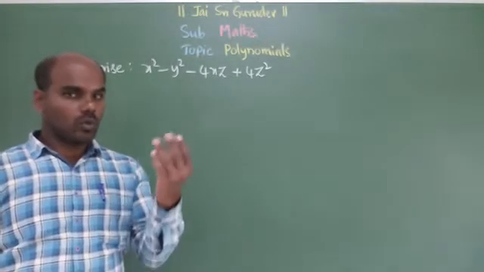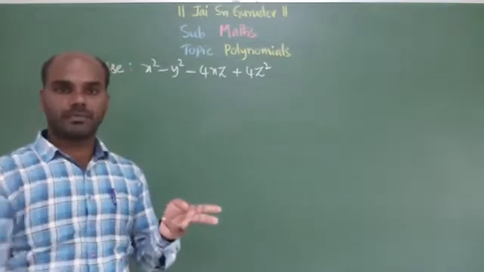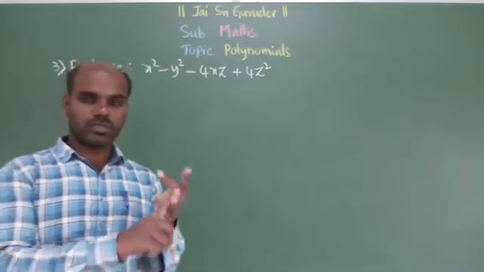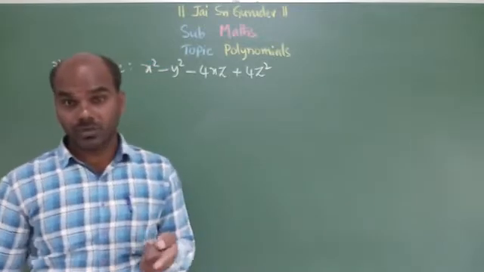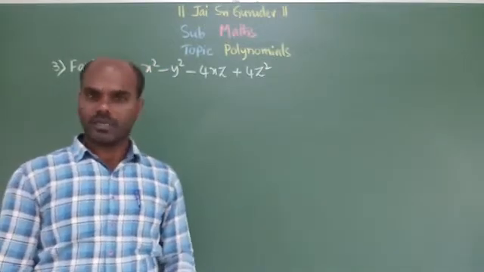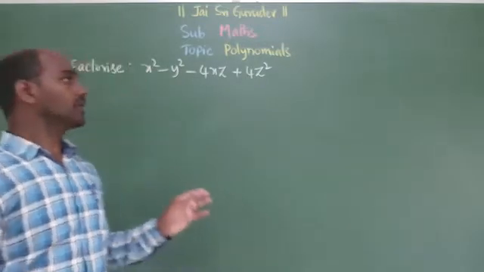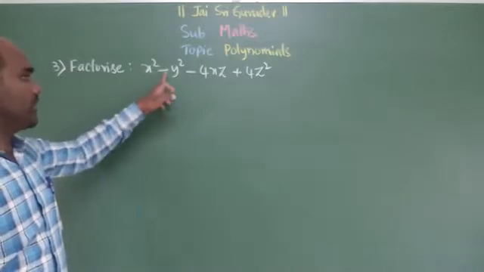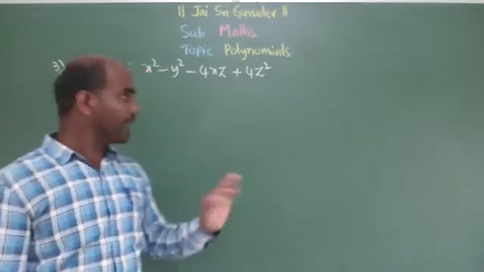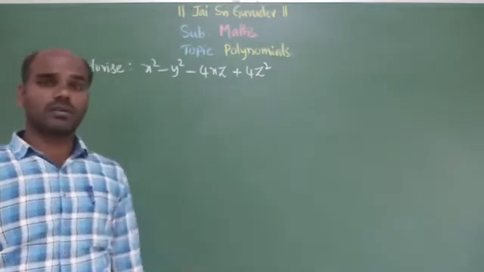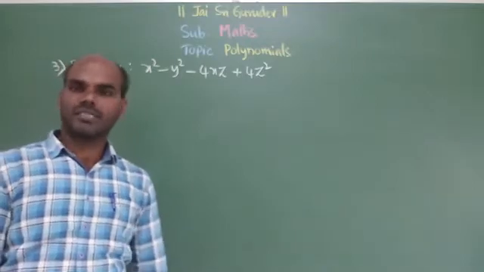Yes. So in these three also, it is not possible to get a plus b whole square, because a plus b whole square has 3 terms. a minus b whole square has 3 terms. a plus b plus c whole square has 6 terms. Yes or no children? So it is not possible now. Okay, so then what comes here is x square minus y square, a square minus b square form, which is possible. But what are the remaining two terms in this one now? Yes, here also it is not possible to take anything as a common factor now.